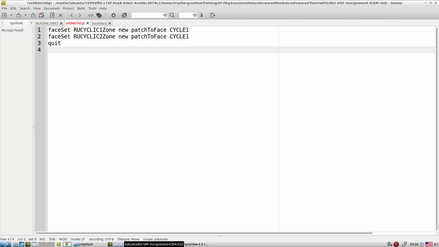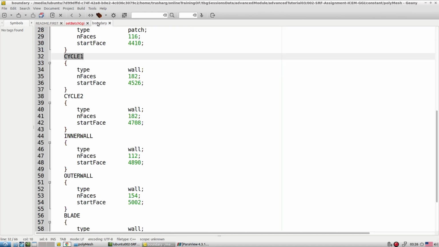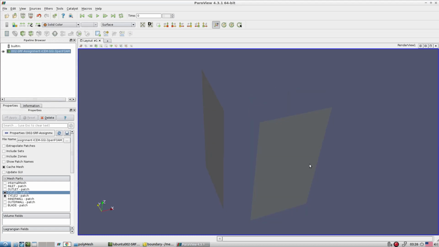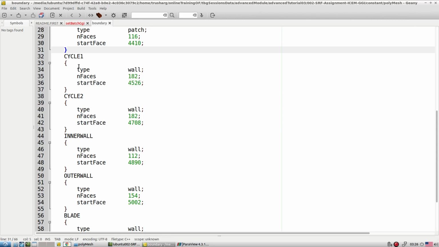What I'm doing is I simply read the mesh, look at the boundary file, and from ParaFoam identify these two patches as GGI cyclic. For that I require the faceSet. So from this I construct the faceSet, from this I construct the faceSet, and from the previous tutorial I try to create proper boundary files out of it.